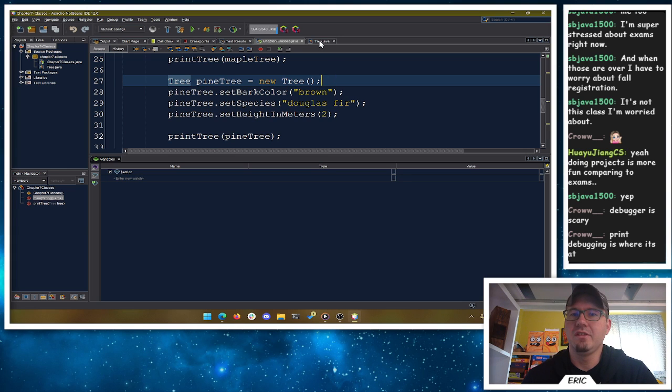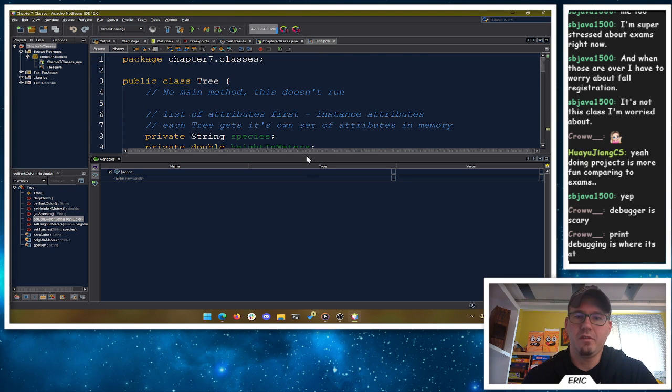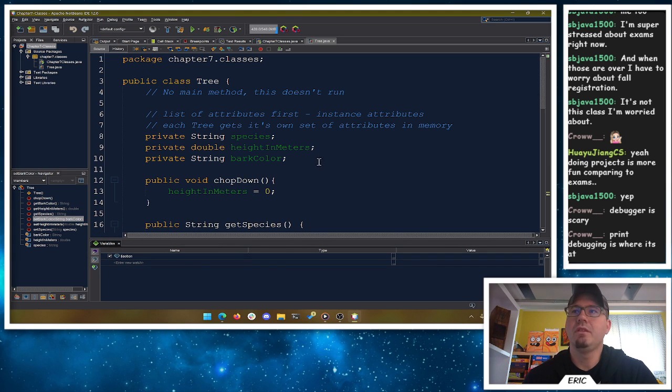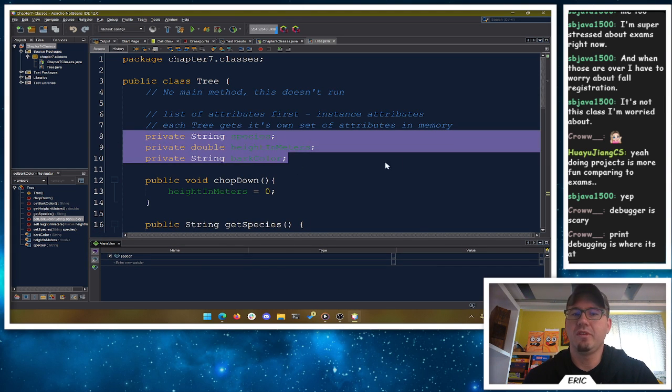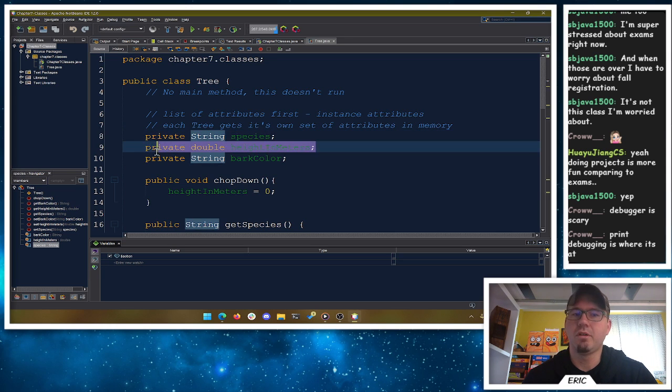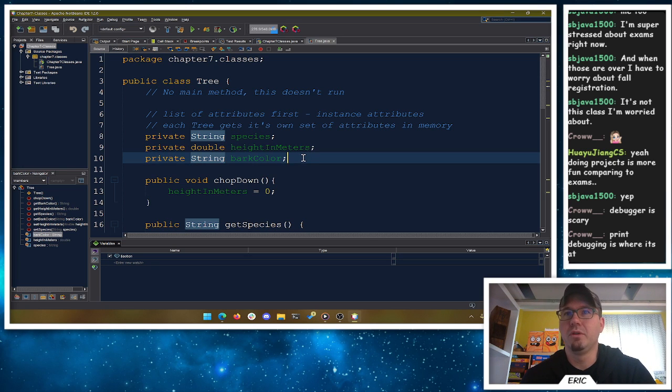But that idea of creating an instance of this object with this tree line here. What happens behind the scenes is, if you don't have a special method called a constructor, Java gives one to you. And what happens is all of these values default to null if they're reference types, and 0 if they're primitives. So all the numeric values are 0. Booleans default to false, which is technically 0, right? Like 0 is off, 1 is on, 1 is true for Booleans. Chars, it's really a numeric value. It defaults to 0 too. I don't actually know what character 0 is, but that's okay. So defaults are a little bit tricky.